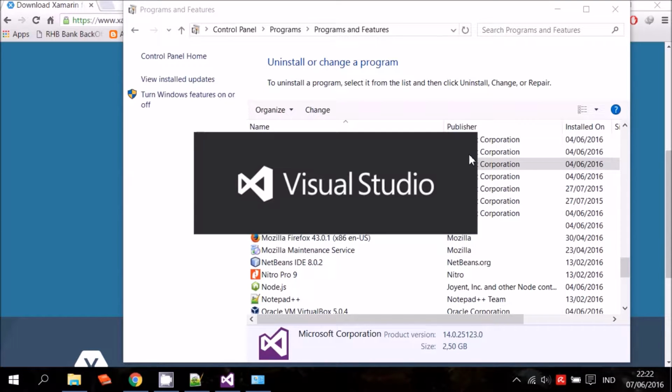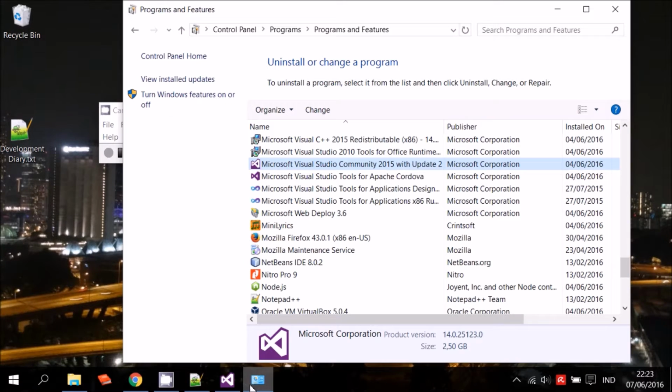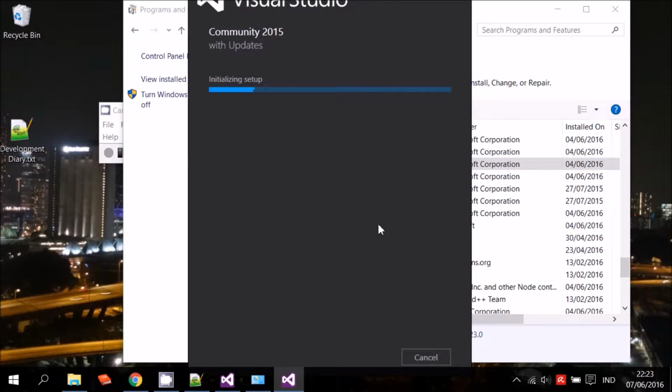It takes a little bit of time, but it will show you three options: to modify, to uninstall, and to repair. And you just have to choose modify